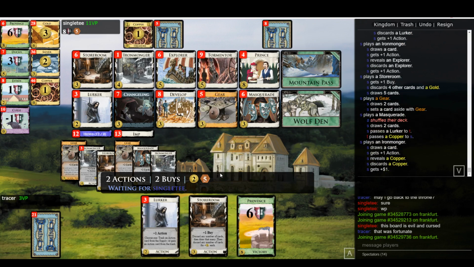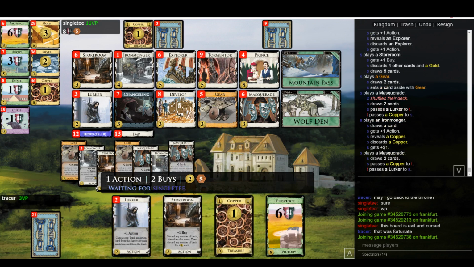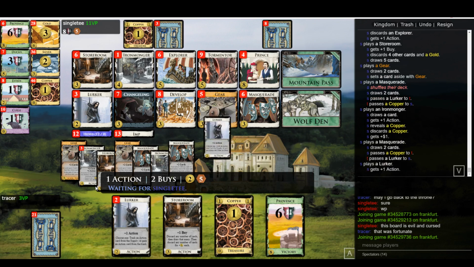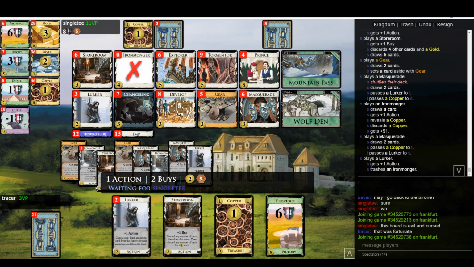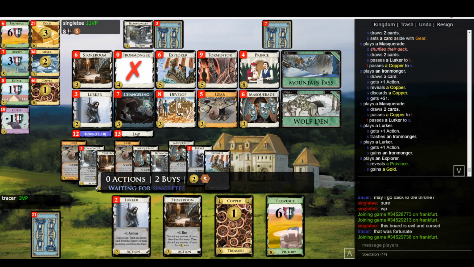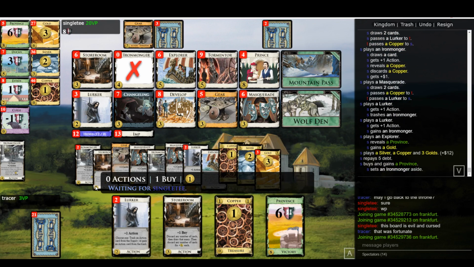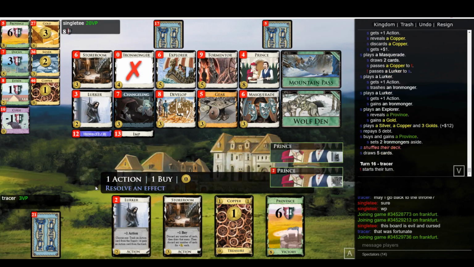Lurker. That's interesting. Let's see what kind of point deficit I need to make up. I need to make up like a province and a duchy. A province and duchy is plus 12 for me. This is looking... No, it's not. Plus 12's not going to do it. I'm going to need to do...